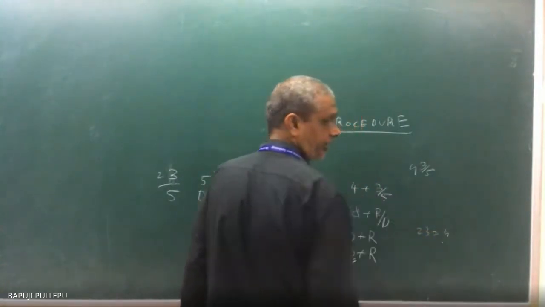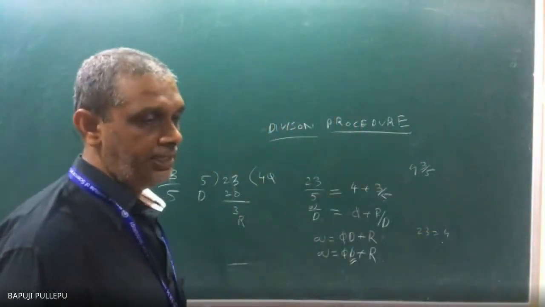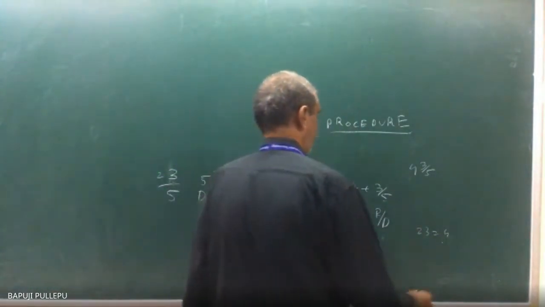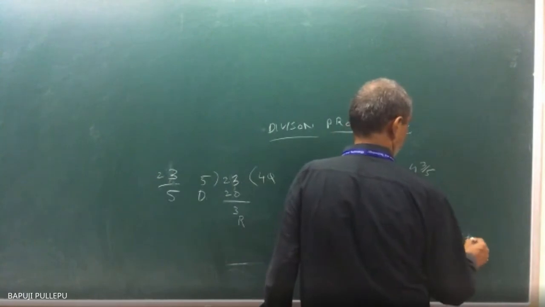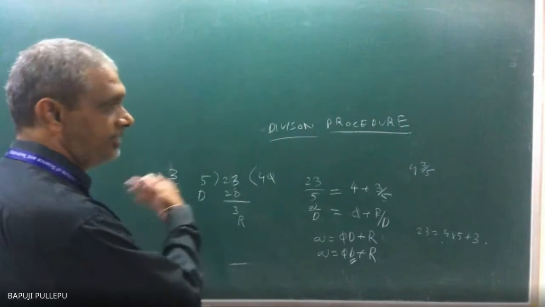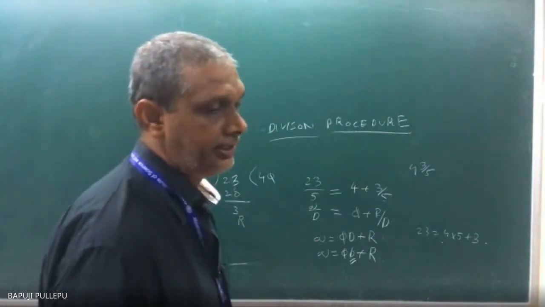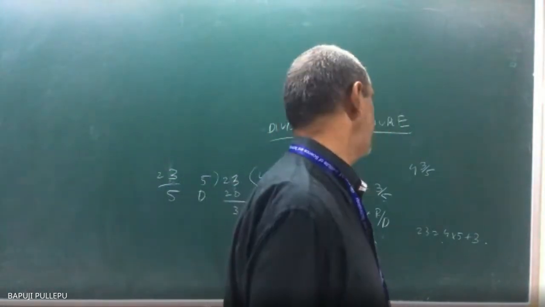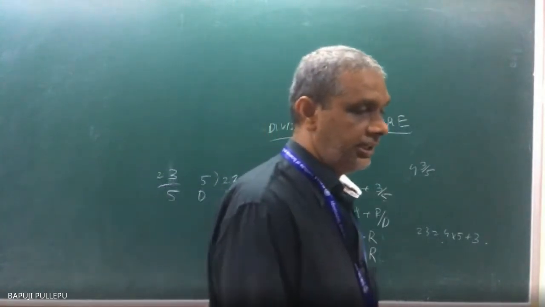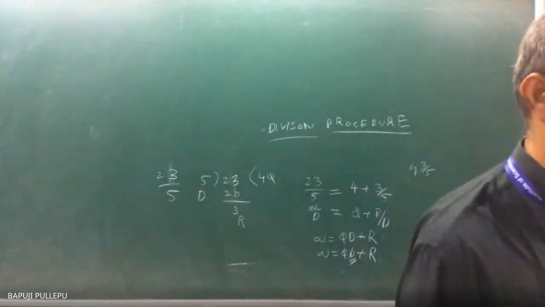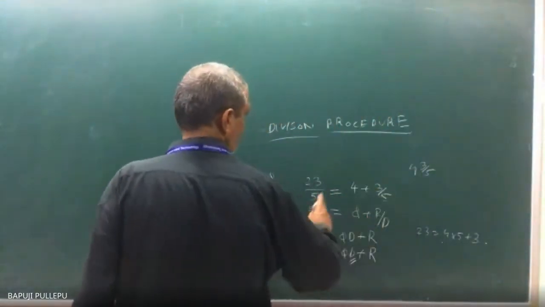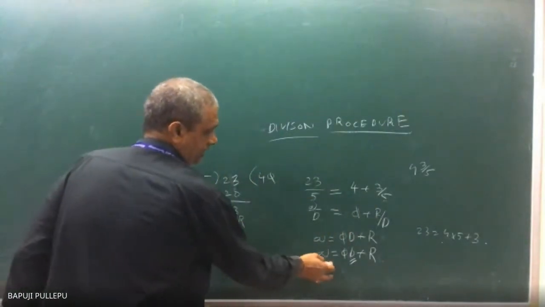With 5 you can't write it directly. I want to give the number b, and also a, so that you can play with it. 4 into 5 plus 3. Reaching or not? For understanding, for lower standards, I started with 23 by 5. But that is not the true form. Actually, in discrete math, any number I can write as qb plus r: the quotient times b plus the remainder. Getting or not? This is the divisibility theorem. For understanding, I came from there, but now that is forgettable. This is actually your theorem.